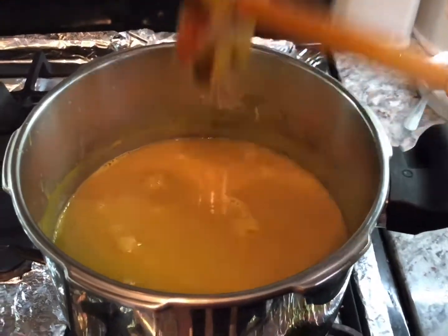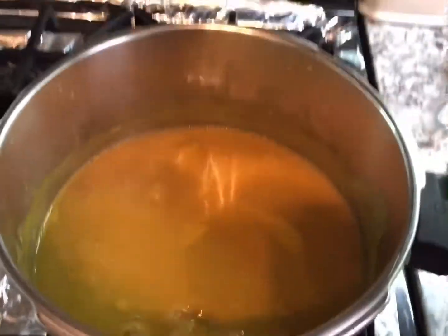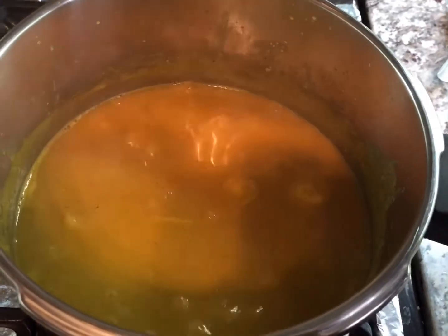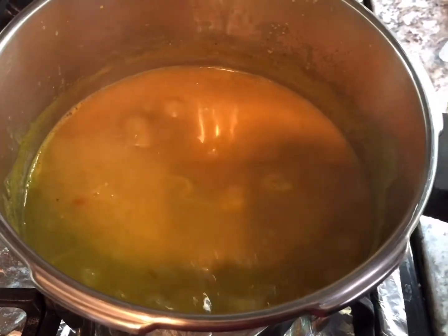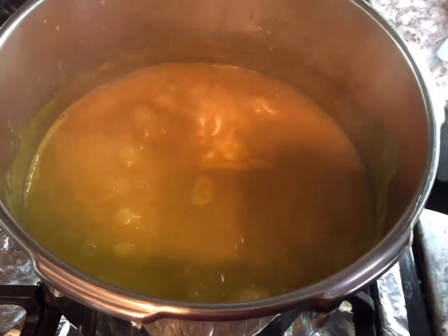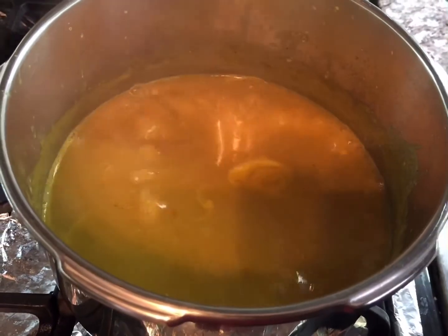You can use it as a soup. You can eat it with rice, with roti. Or what you can do is that you can, there's another stage. Sometimes people don't do this stage, but I'm going to do the next step to show what it looks like. So I'm just want to remove it from this side of the stove, and then I'll show you the next